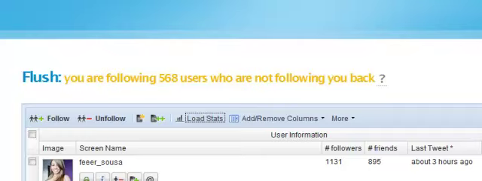You want to keep the ratio of people you're following and people that are your followers as close to 1-to-1 as possible. You definitely can't go over 10%. Okay, so anyways, we see, guys, I just followed some of these people, so I'm not going to unfollow them, but let's look at their stats.